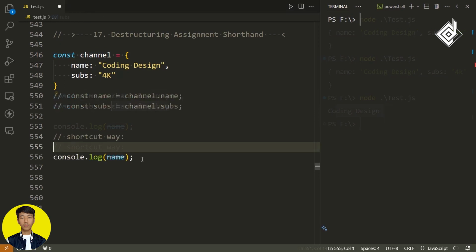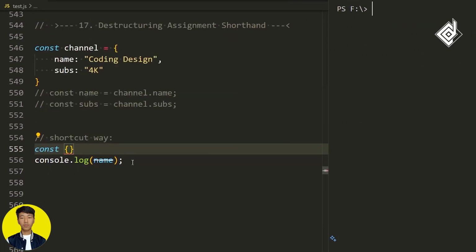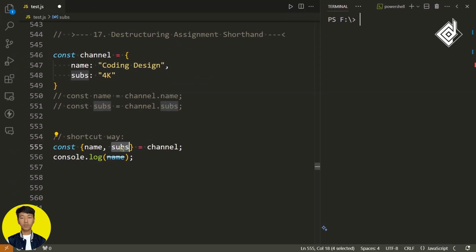In order to access any property from your object, you just write object.propertyName. Now instead of doing this, you can use object destructuring. You can declare variables within curly brackets and assign an object, and within the curly brackets, the variable name and the object's key must match. I mean, you can access the properties of the object and at the same time declare the variable. I think this is really useful.